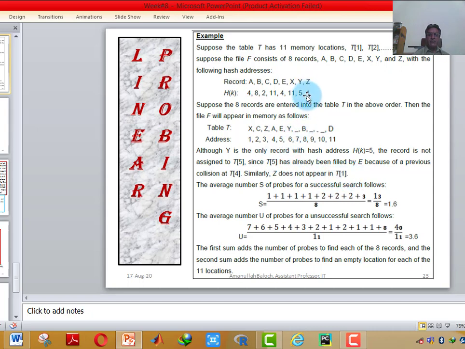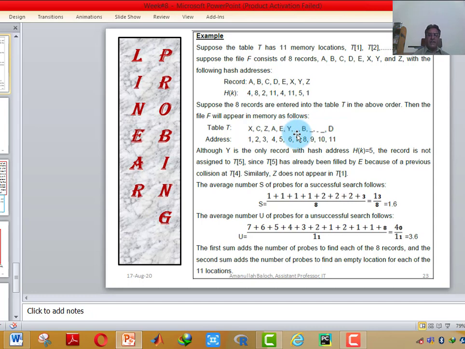Z wanted to store itself at location 1, but location 1 was occupied by X, location 2 was occupied by C, and 3 was the available location, so Z was stored at 3. The average number S of probes for a successful search: when Y sees that its location is not available, it searches for the blank location.